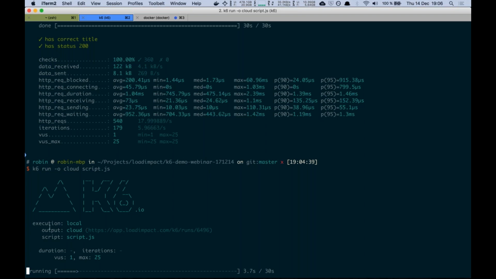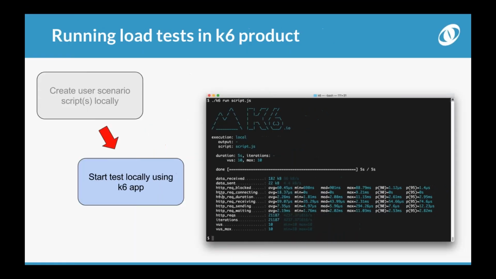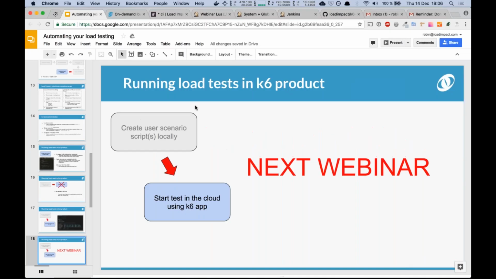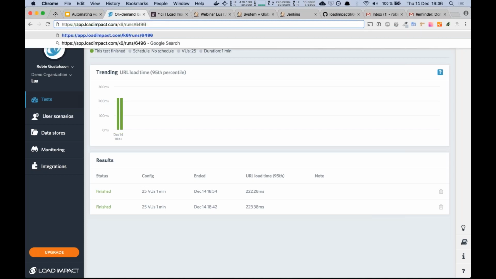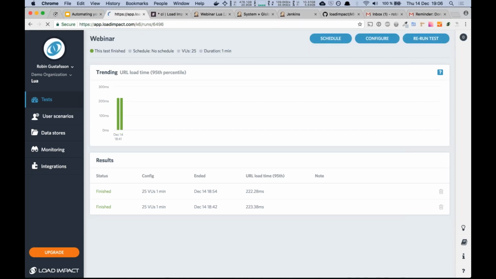we can see that now the execution mode is still local. So the test is being run on my machine. So the traffic is being generated, the requests are being generated from my machine towards this target system. But here we can see the output has now changed. So the output now says cloud, and we get this handy URL here. So if we go back to our web GUI and paste this URL up here in the URL bar on the browser,